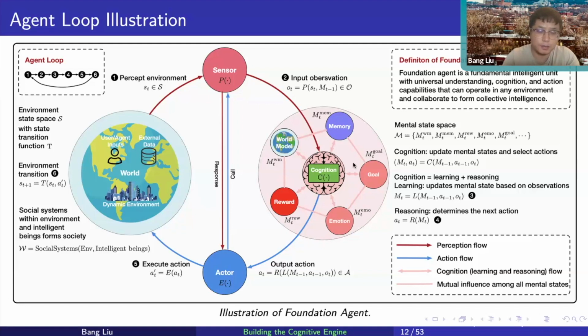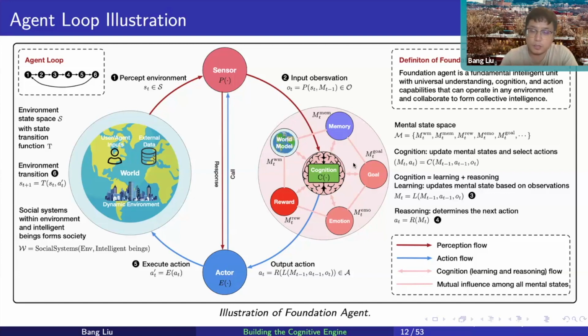We denote environment as a state, S_t, which is quite normal, just like most reinforcement learning does. And we have sensors, which define a perception function, P, which turns the environmental state S_t into observation O_t. And we should note that the observation doesn't only depend on the external environmental state. It also depends on your internal state. For example, if you have a different mood or a different context, you will pay attention to different types of information outside, right? So that's why we define O_t equal to the perception function given the external environment and the mental state.